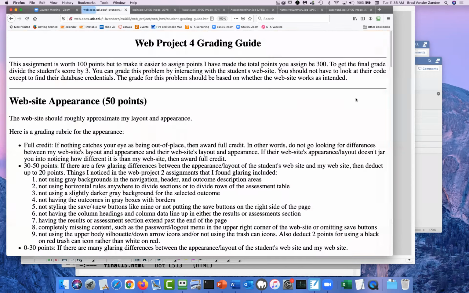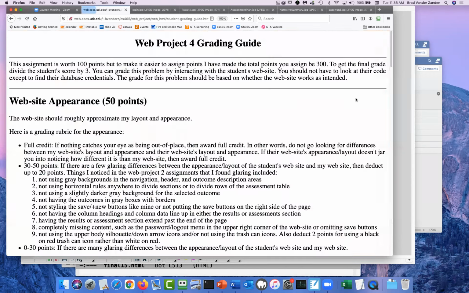So I am going to hold you responsible for this, because I'm telling you very specifically: this is a checkbox of things you need to make sure your layout and appearance match, okay? And then I've given you interaction with the website.